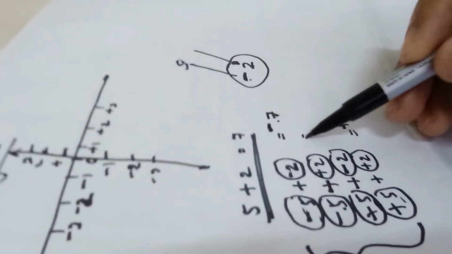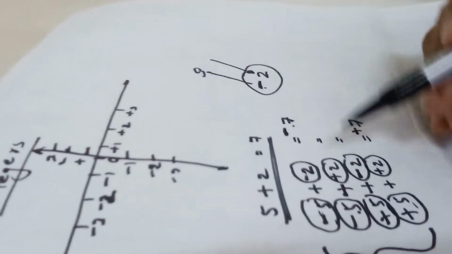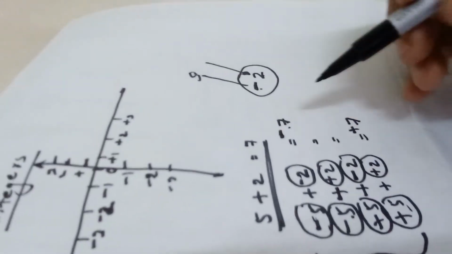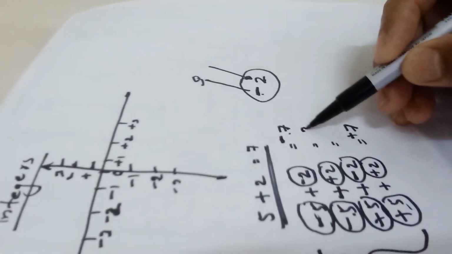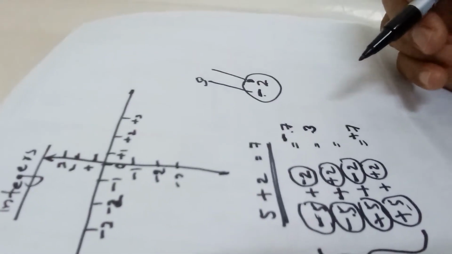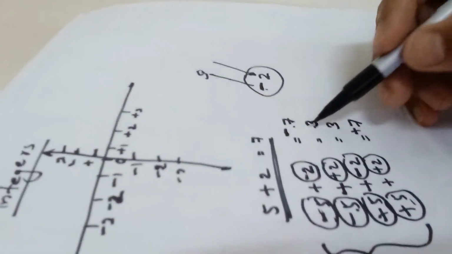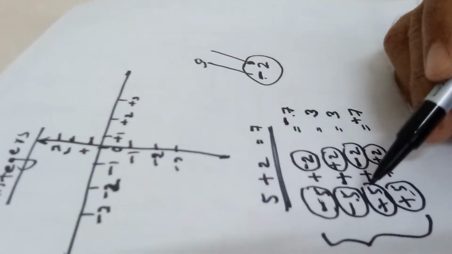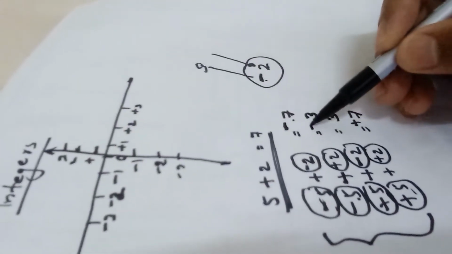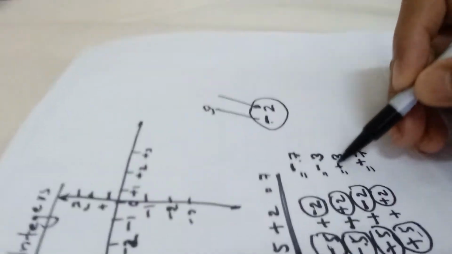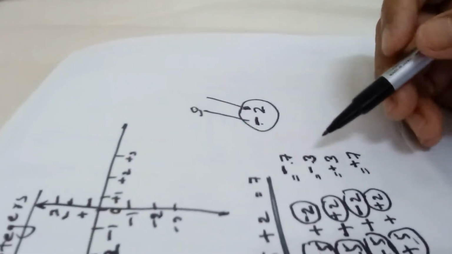Then in the second and third examples, there is a different sign. So the numerical value is obtained by subtracting these numbers, giving 3. Here is also 3, but this 3 is not that 3. Here minus 3 will be the answer, and here plus 3 will be the answer. Why?